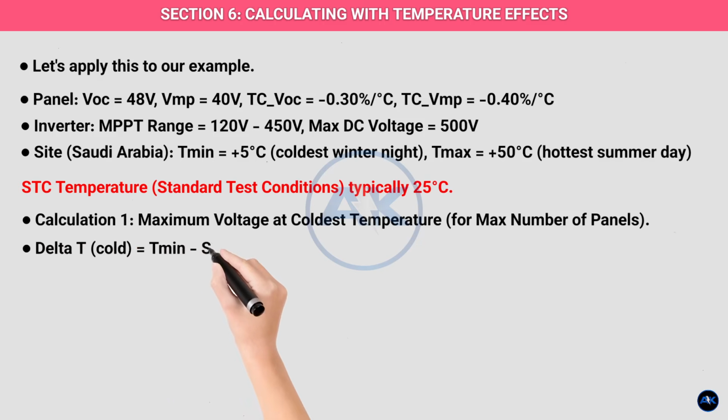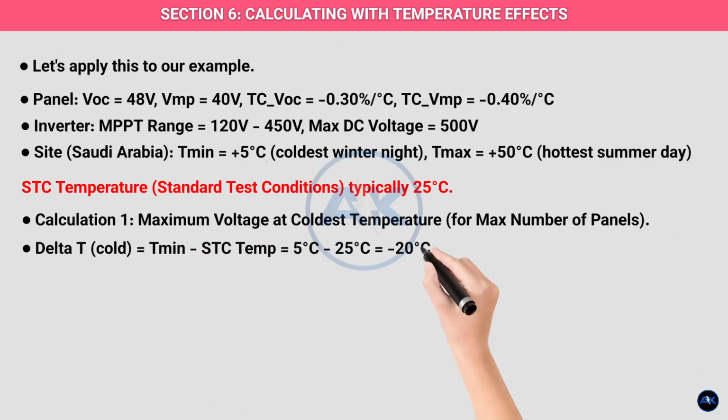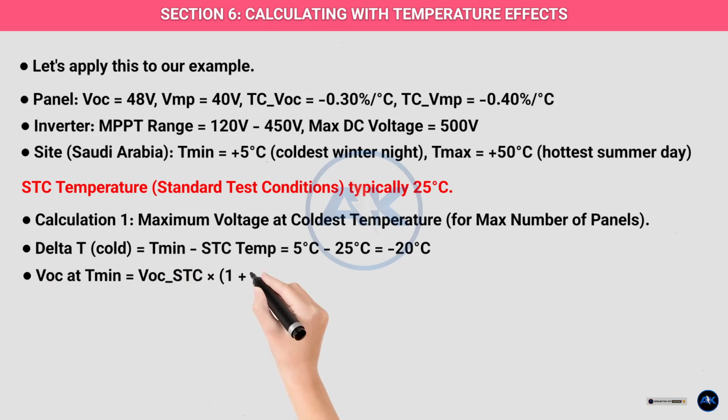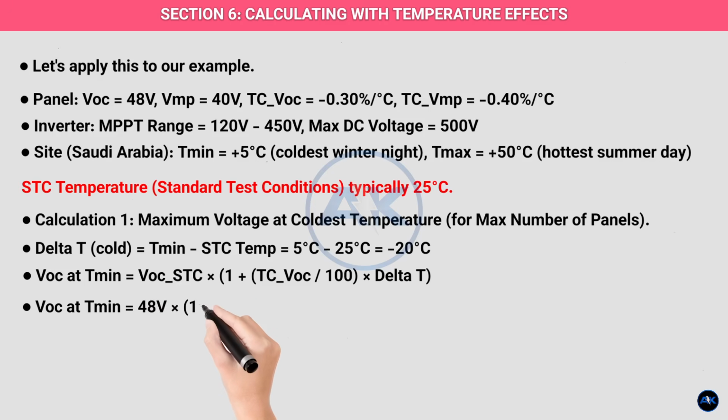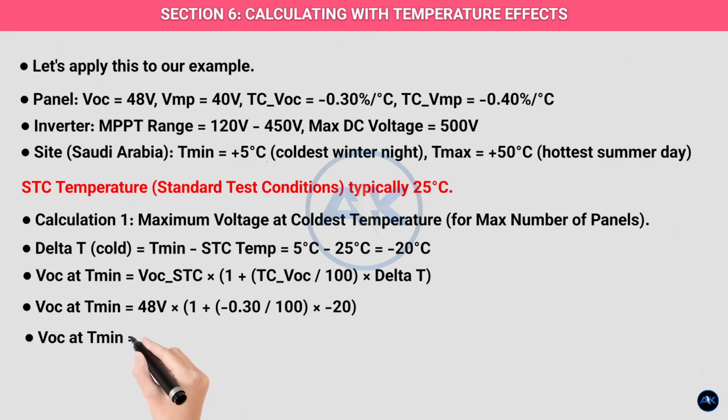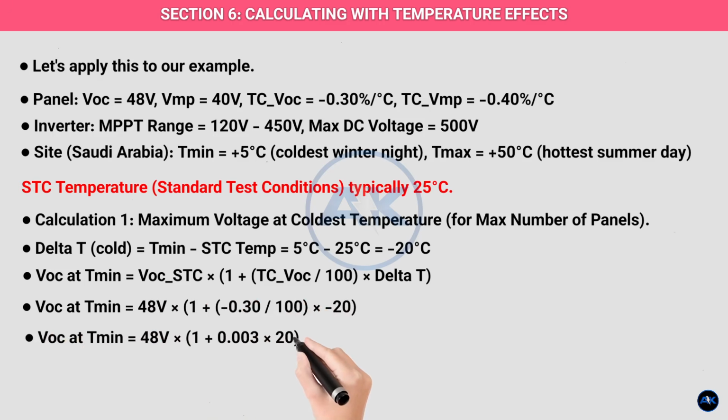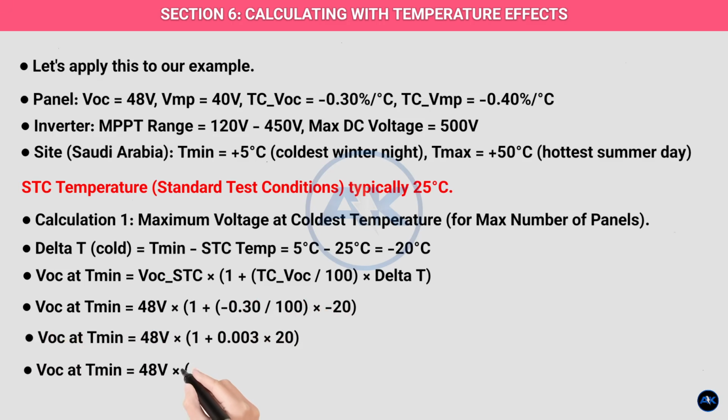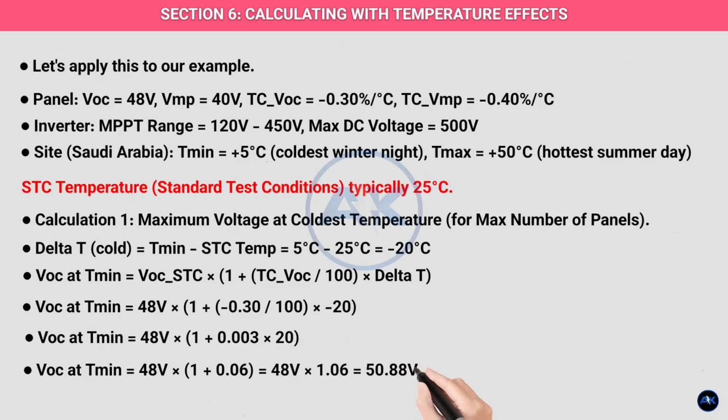Delta T cold equals T min minus STC temp: 5 degrees Celsius minus 25 degrees Celsius equals negative 20 degrees Celsius. VOC at T min equals VOC STC times (1 plus TC VOC over 100 times delta T). 48 volts times (1 plus 0.30 over 100 times 20) equals 48 volts times (1 plus 0.06) equals 48 volts times 1.06 equals